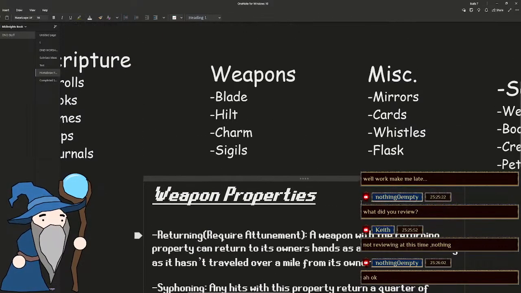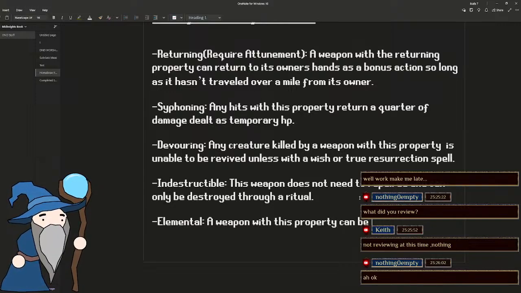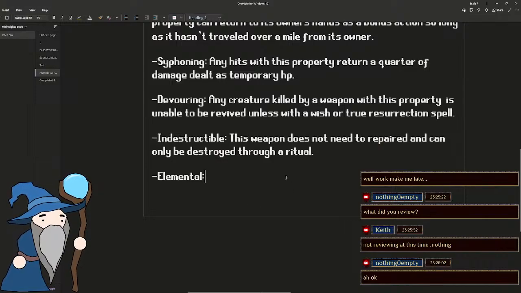So the next thing we could do is elemental. I think I'm tired of saying like a weapon of this property or weapon. I think I should just kind of say the point and not make it redundant. Upon speaking a command word, is imbued